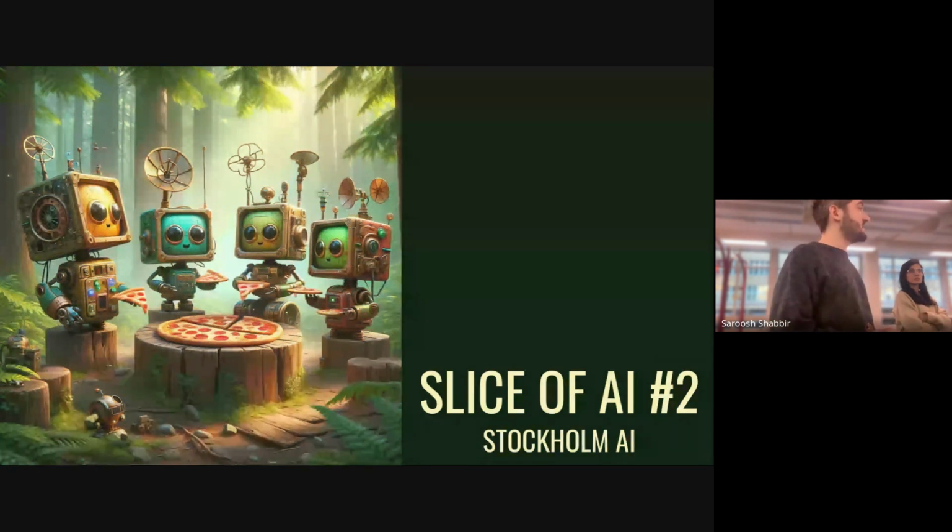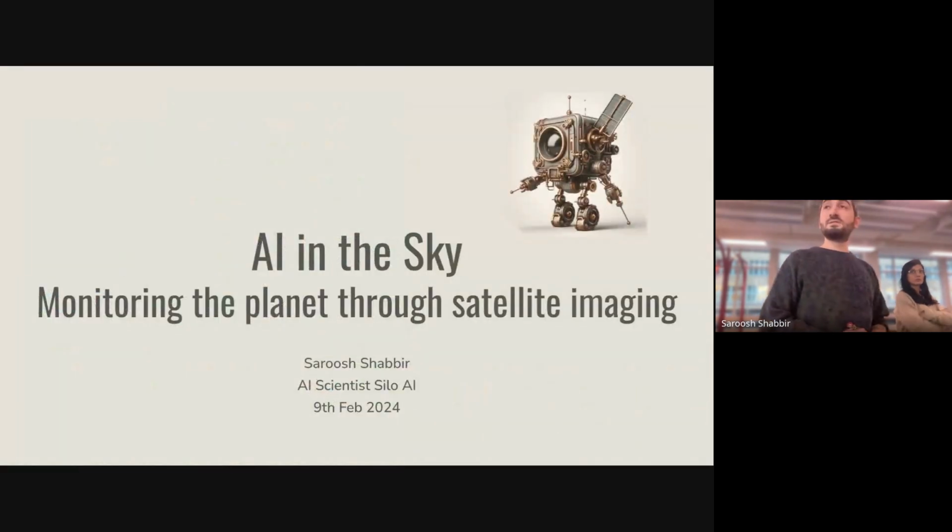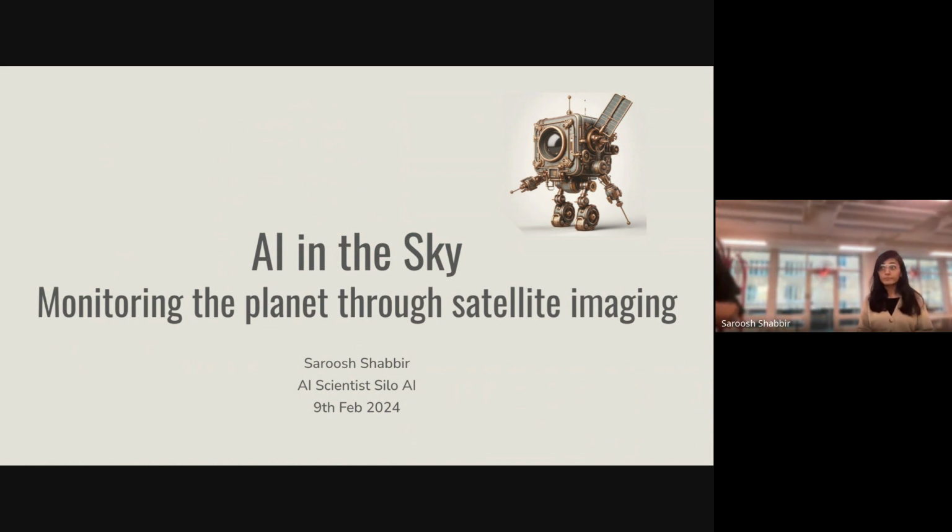Today, the topic is going to be satellite imaging and remote sensing, and Saroosh is going to be presenter. So satellite imaging, we'll soon discover what it is and how deep learning can help us. This is kind of an important field and an application of AI. Because differently from many others, satellite imaging could actually help us when it comes to climate change and agriculture, and also to monitor humanitarian crises, for example. So now I leave the stage to Saroosh, and enjoy.